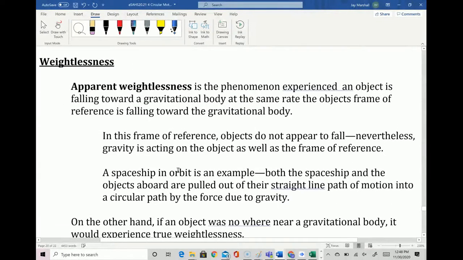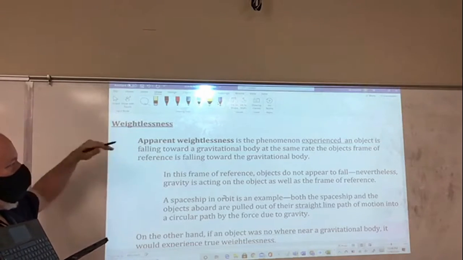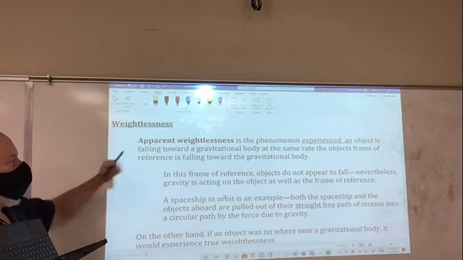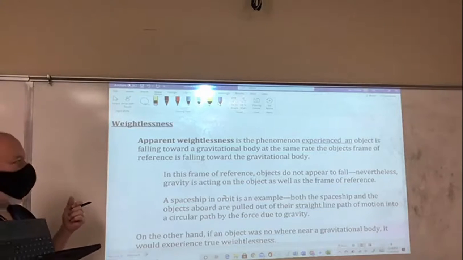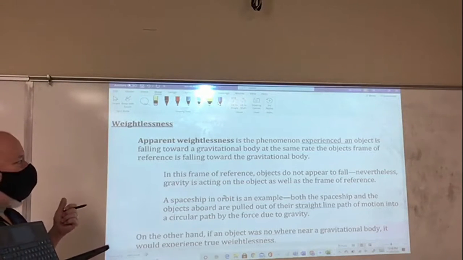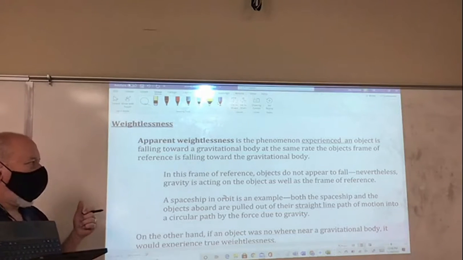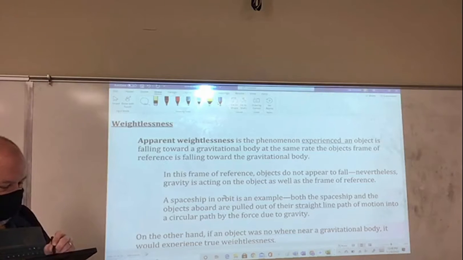Another topic that we talk about related to circular motion is weightlessness. And there's a difference between true weightlessness and apparent weightlessness. Apparent weightlessness is a phenomenon experienced when an object is falling towards a gravitational body at the same rate as your frame of reference. Okay, so if I'm on the International Space Station, I know that the International Space Station